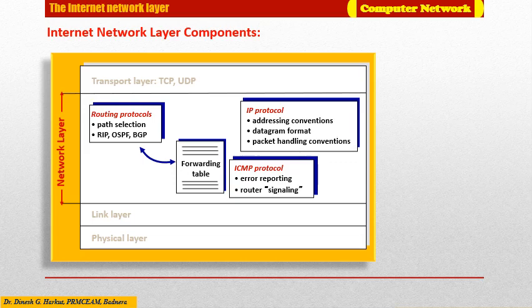Basically, there are two versions of IP in use today, and we will first examine the widely deployed IP protocol version 4, which is popularly referred to as IPv4. We will explore IP version 6, referred to as IPv6, which was originally proposed to replace IPv4, in a later part.